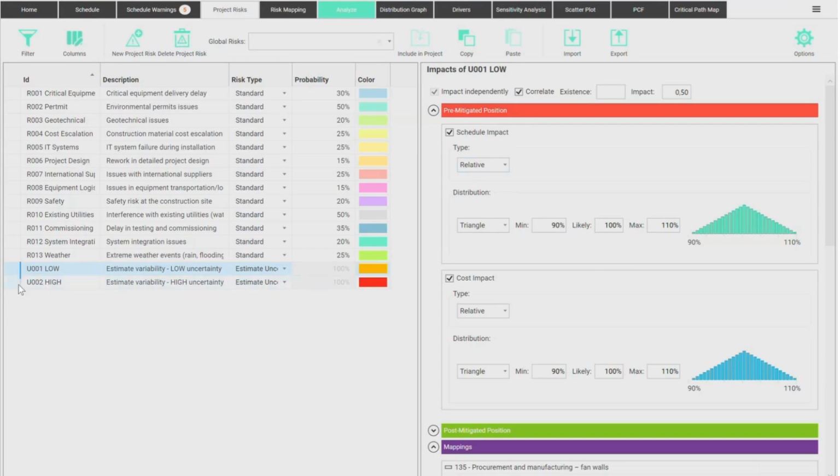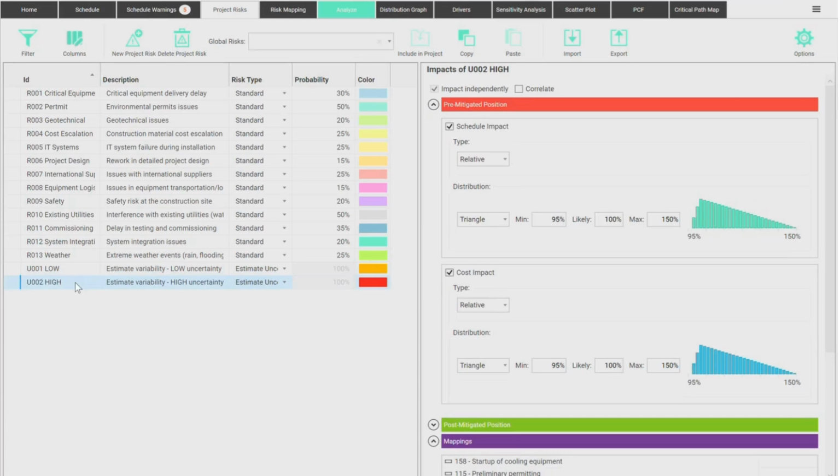Now, the other kind of risk I have here is high uncertainty. So high uncertainty means very little chance of making it any faster or any cheaper. And there's a good deal of increasing cost that might be faced, okay? So up to 50% increase in duration and cost. So that's what I mean by high uncertainty.